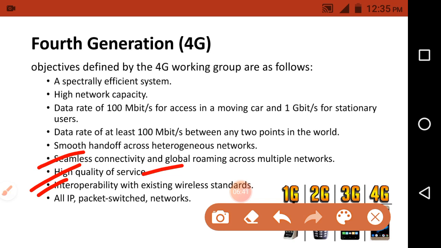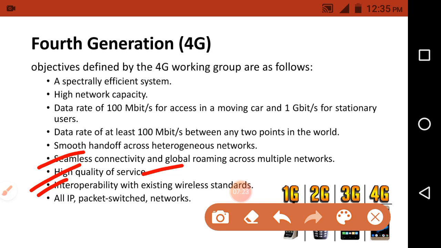Okay, you can take the previous wireless standards we discussed in the 3G technology, and it will also provide interaction, or interoperability, between those wireless standards. As we discussed in the previous technology, one wireless standard is International Mobile Communication Direct Sequence, and the second one is International Mobile Communication Time Coding, or Frequency Time. So these are some of the wireless standards we discussed in 3G technology. By using 4G technology, it will provide intercommunication between those wireless standards.